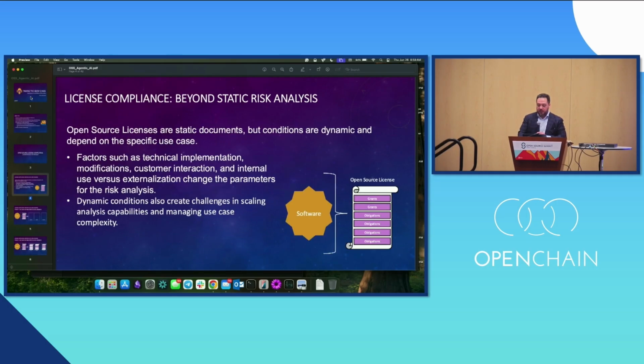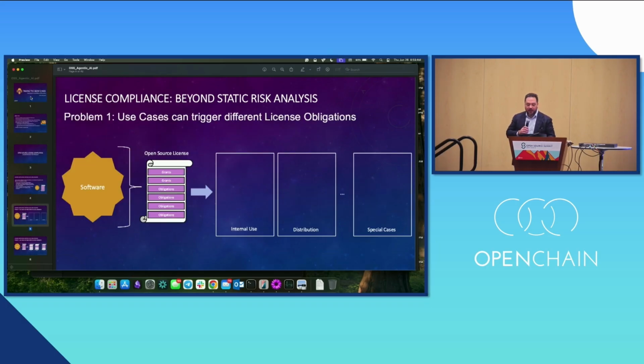And today we're going to talk about open source license compliance, right? There's a challenge where people understand open source compliance as simple as we're going to do a scan, and the truth is that doesn't work. And the reason is because scans show a very static analysis of the risk more than understanding what the problem is. When you do a scan, you're going to have different challenges, and you need to understand as well the technical implementation, the modifications done, how the software interacts, how the customer or the user interacts with the software. And also, there's a bunch of dynamic conditions that happen and flow around the case.